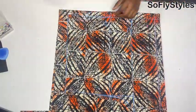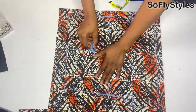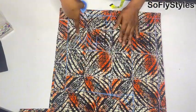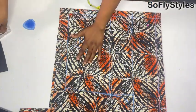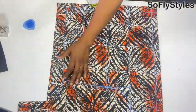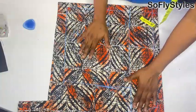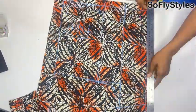The fabrics are equal at the hem and on the side, but I'm going to note that I have shaped the side for the front, so it is not going to be equal towards the top. So after that, I am now going to use my pin to secure it together neatly. Once I am done, the first thing I'm going to do is to extend my hem line,